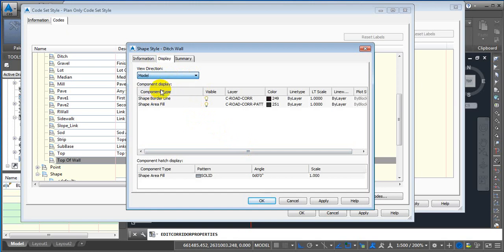Let's say model, I'm gonna make it invisible. Come to profile, I'm gonna make it invisible. Section, I'm gonna make it invisible. So only plan is something where we are going to make it visible. Okay,